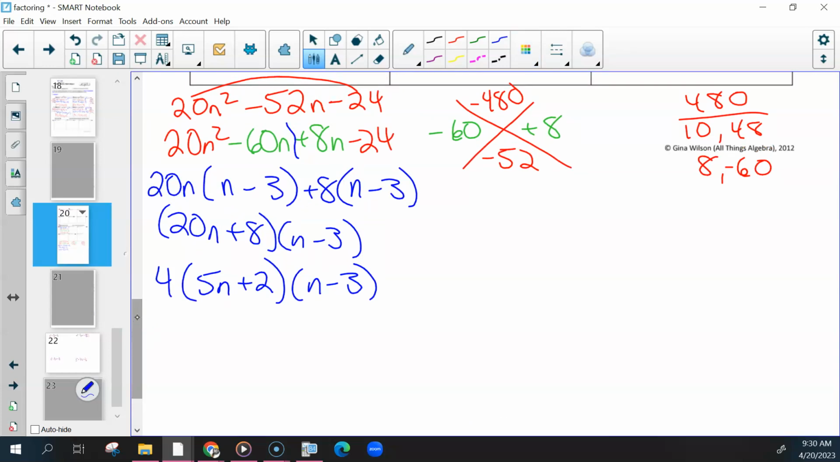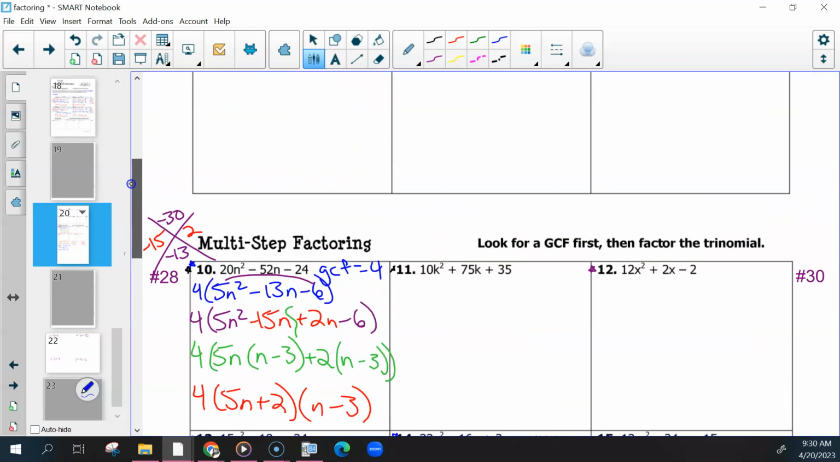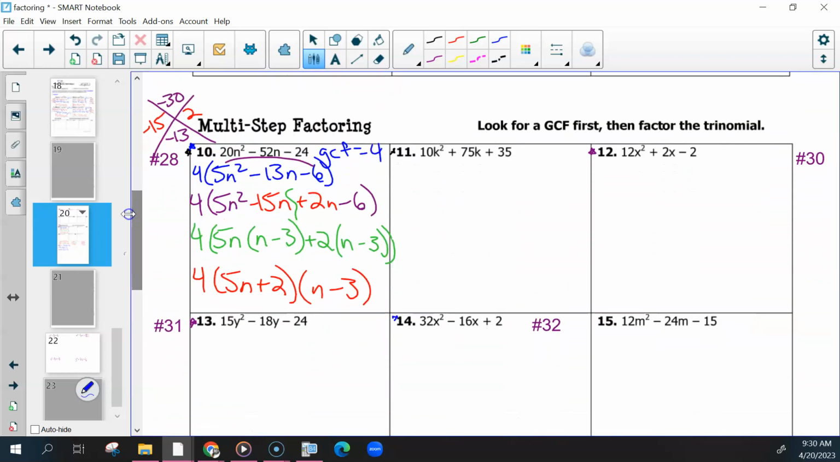Right. We're going to go back and do number 11. What is your GCF for 11? Right. We divide everything by 5. What's left? 2k squared